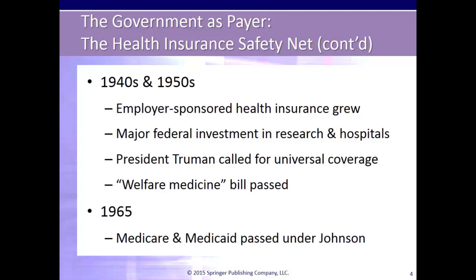In the 1950s, an amendment was passed to the Social Security Act to provide federal funds to states willing to pay healthcare providers to care for welfare recipients. In 1965, as part of President Lyndon Johnson's Great Society Initiative, Congress passed amendments to the Social Security Act to provide hospital insurance for the aged, Medicare Part A, physician insurance for the aged, Medicare Part B, and health insurance for the poor, Medicaid.